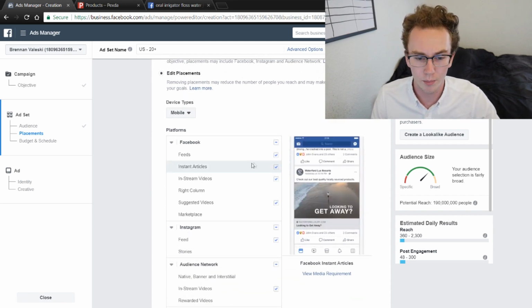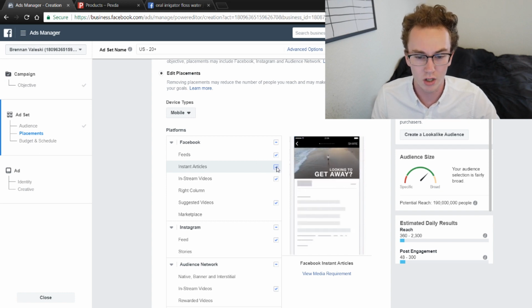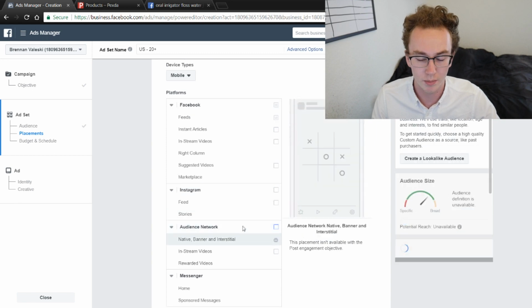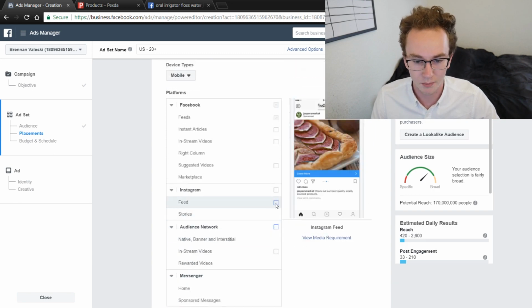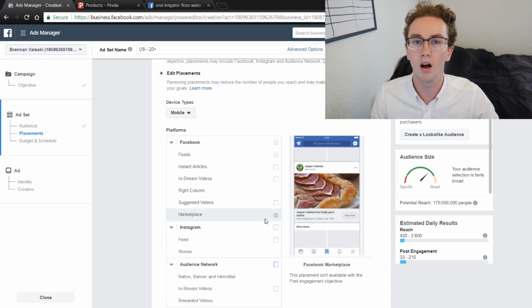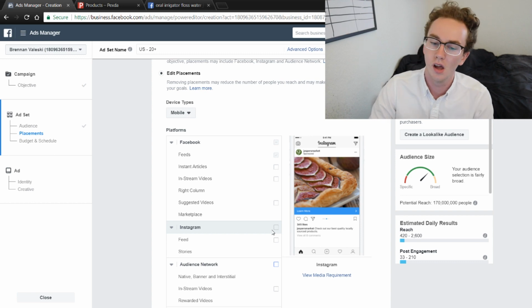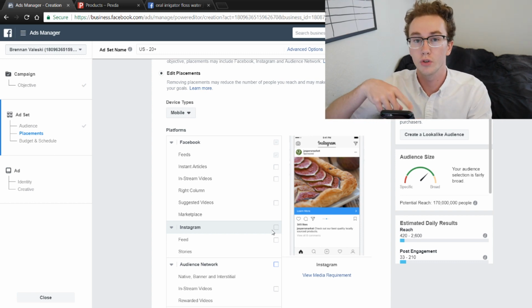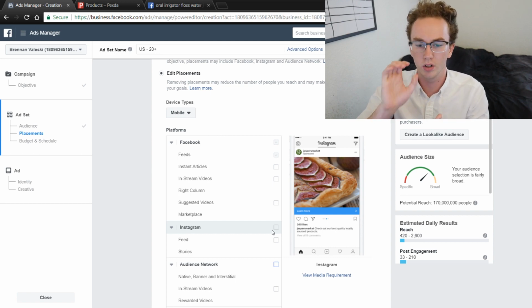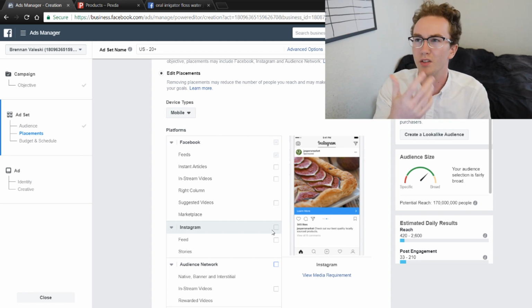Now this next portion is very, very important. Make sure that you uncheck all of these other boxes, okay? You do not want to be hitting Instagram feeds with a Facebook related ad, especially when you're doing video ads. The cadence of Instagram is just scroll, scroll. On Facebook, people take a little bit more time when they're looking at a post, and just from what I've seen,